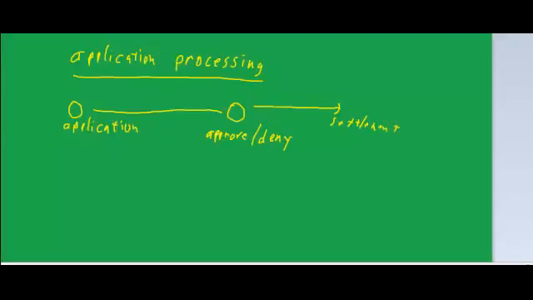Okay, so the main points I want to make about application processing. We saw that there was a lot of information collected on the 1003, and a lot of it needs to be verified by third parties. So you need to verify employment, that's called VOE, verification of employment. You need a verification of income, VOI. You need verification of assets, VOA. You need to pull a credit report, often from one of the three main credit reporting agencies. Often you'll pull one from multiple agencies,